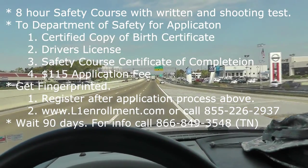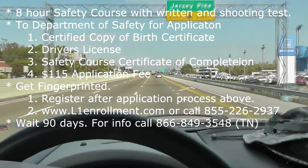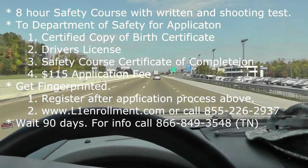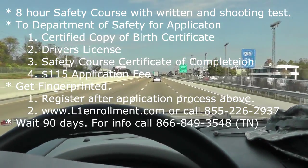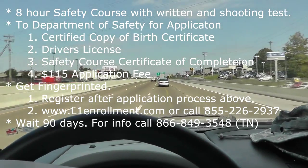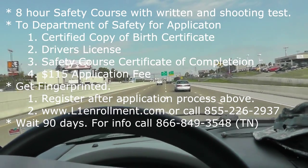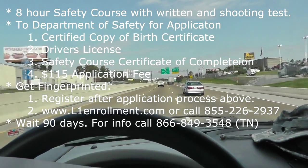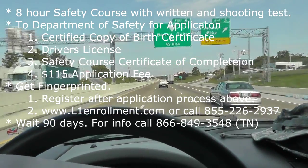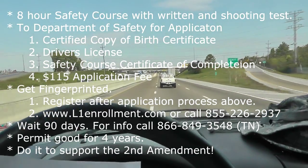Again, I probably won't carry all the time every day, just because I spend a lot of time in places where you're not allowed to carry. And I'm mainly doing this to be a registered permit holder, just to have the option. And also, I think the more people, the better to get their permit, even if they're not going to carry every day in every situation. The more the better. So that's one reason